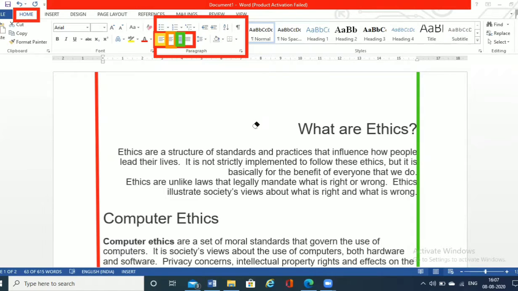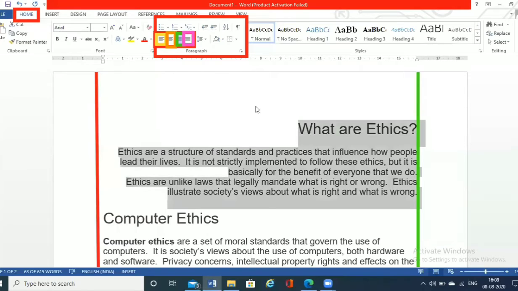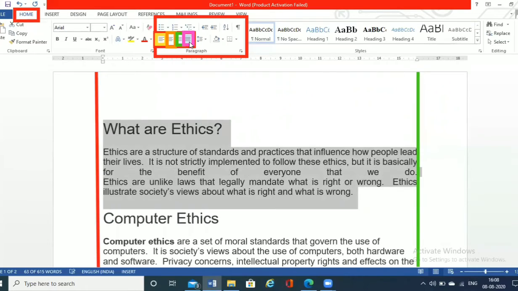This is the justified alignment, everyone. Under this justified alignment, once we select the text and click on justify, it gets evenly distributed between the left edge as well as the right edge.